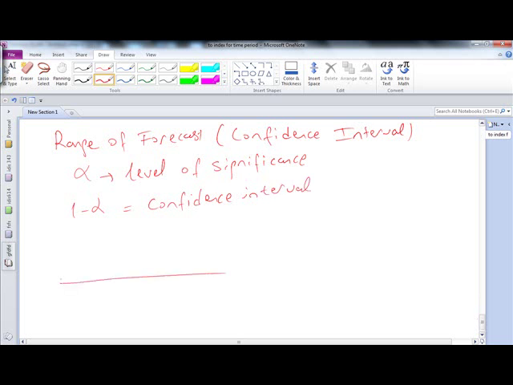When we do the forecast and say next period forecast is 60, basically we are saying that the average number is expected to be 60, but in reality the actual demand or sales we might observe could be higher or lower than that. So we would like to determine what could be the range of those numbers, and I'm going to use F lower and F upper, basically upper bound for the forecast and a lower bound for the forecast. When we say 95% confidence interval, for example, what we are saying is this area is equal to 0.95,